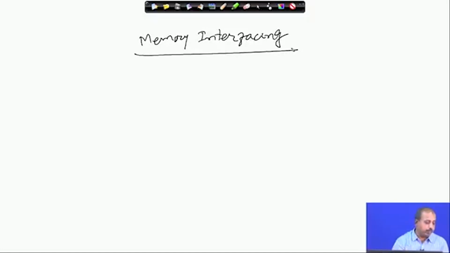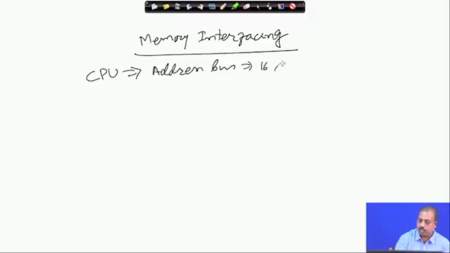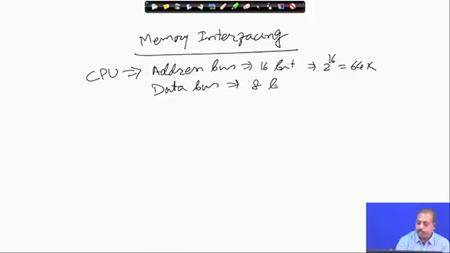We will start with an example. Suppose I have a processor, which is a CPU, where the address bus is 16 bit. So, it can go for 2 power 16 locations, that is 64 k locations, and the data bus from the processor happens to be 8 bit. Fine. The data bus is 8 bit, that is, once the processor accesses a location,